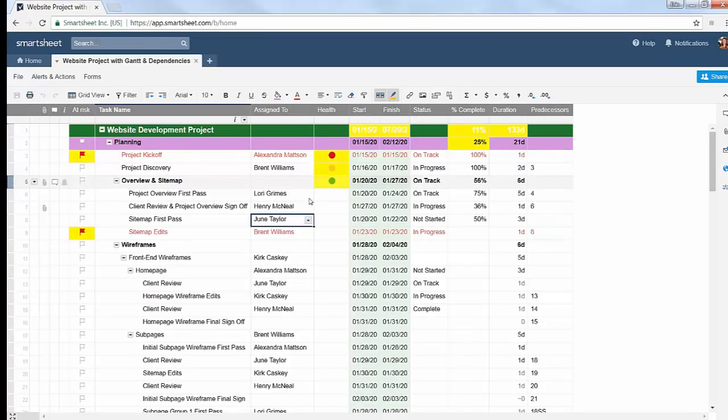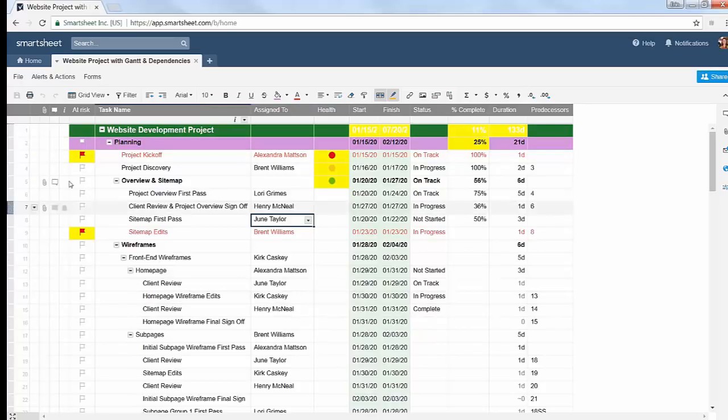Just kind of recapping, we talked about the different column types and how there are several different column types available in our sheets, and they do manage different types of data and they do drive some different functionality. We talked about building hierarchy and how that's important for structuring rows. We talked about including symbols and color and some of those tips and tricks about color. The last thing I want to talk about is the fact that we have different ways that I can view my sheet in Smartsheet. So the default view, which is what we're looking at now, is called the grid view,